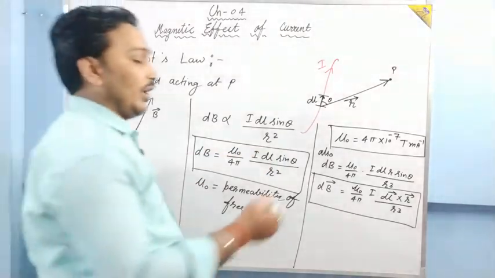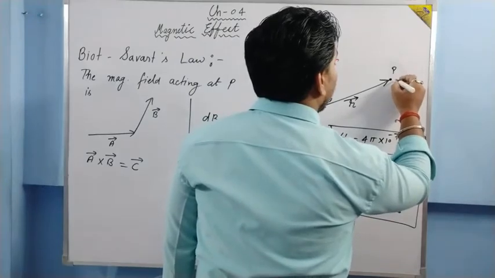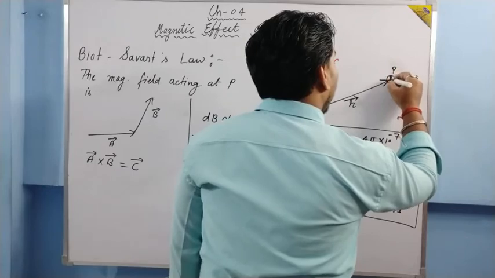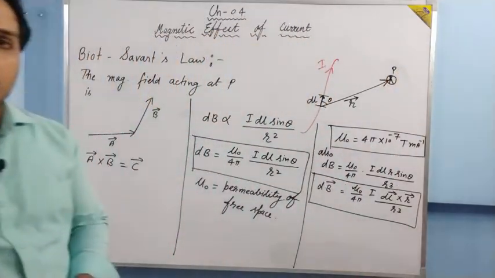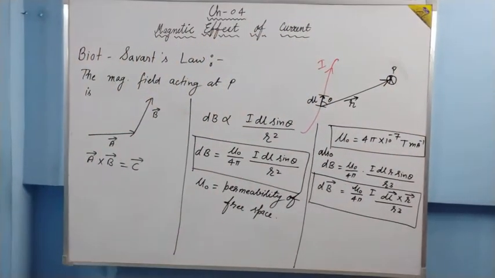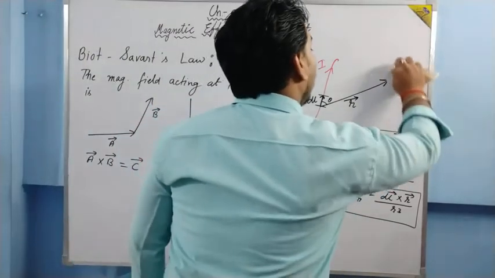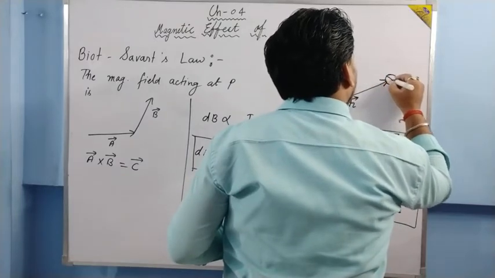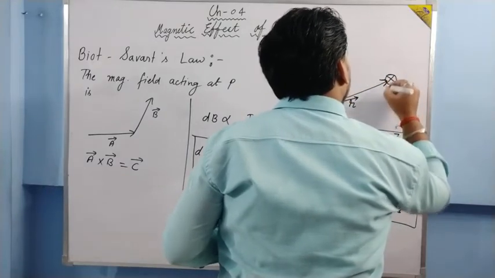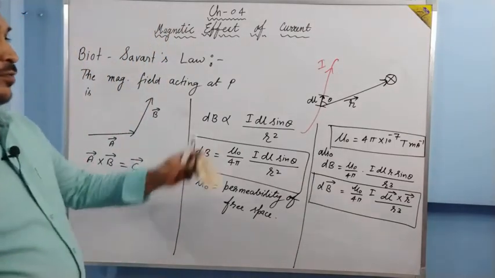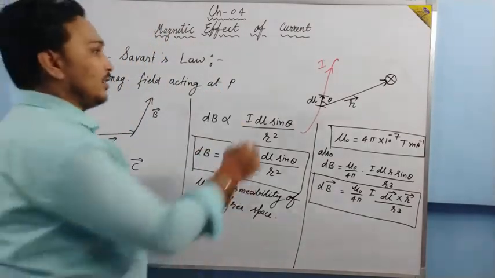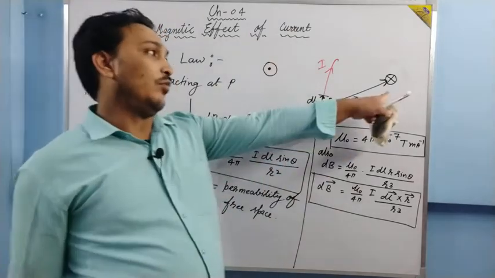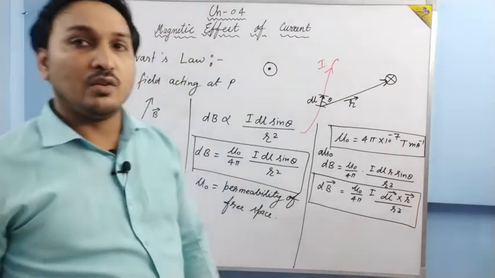Right? Perpendicular inward magnetic field is represented by a cross. So basically, when we represent a magnetic field, we put a cross sign over there. Let me present it in a correct way. So this is the magnetic field over here. So the magnetic field is represented in a crossed field. If it is perpendicular outward, then it is represented by a dot in this manner. But if it is perpendicular inward, we represent it by a cross.